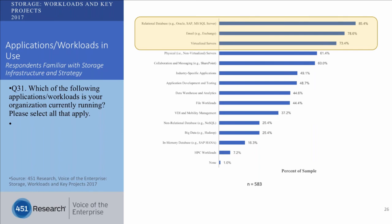So while a lot of these new use cases are coming and you have to be worried about them, really for today's solutions and what you're going to be deploying and what you're going to be using it for the next 2 or 3 years at least, it's really going to be a lot of the conventional applications. Number 1 being relational databases, where the vast majority of the people we surveyed are still using relational databases on their existing